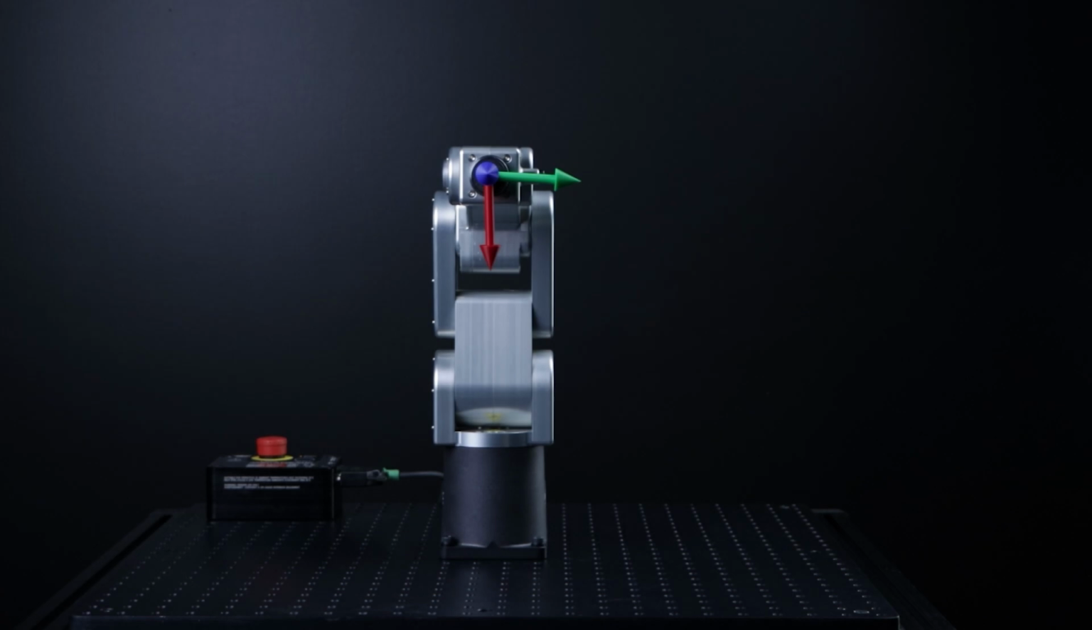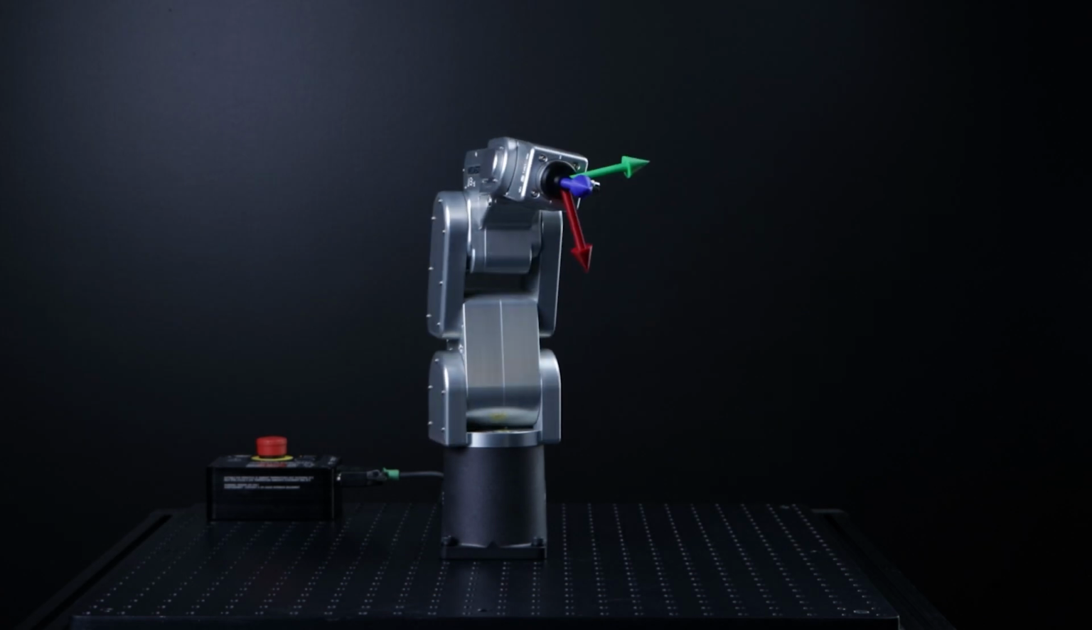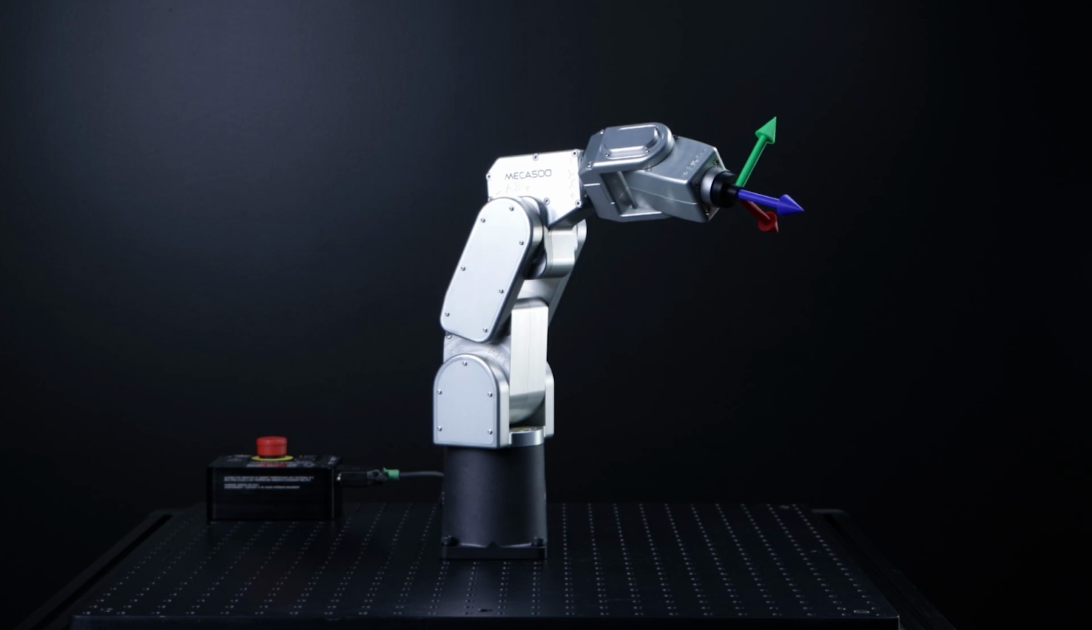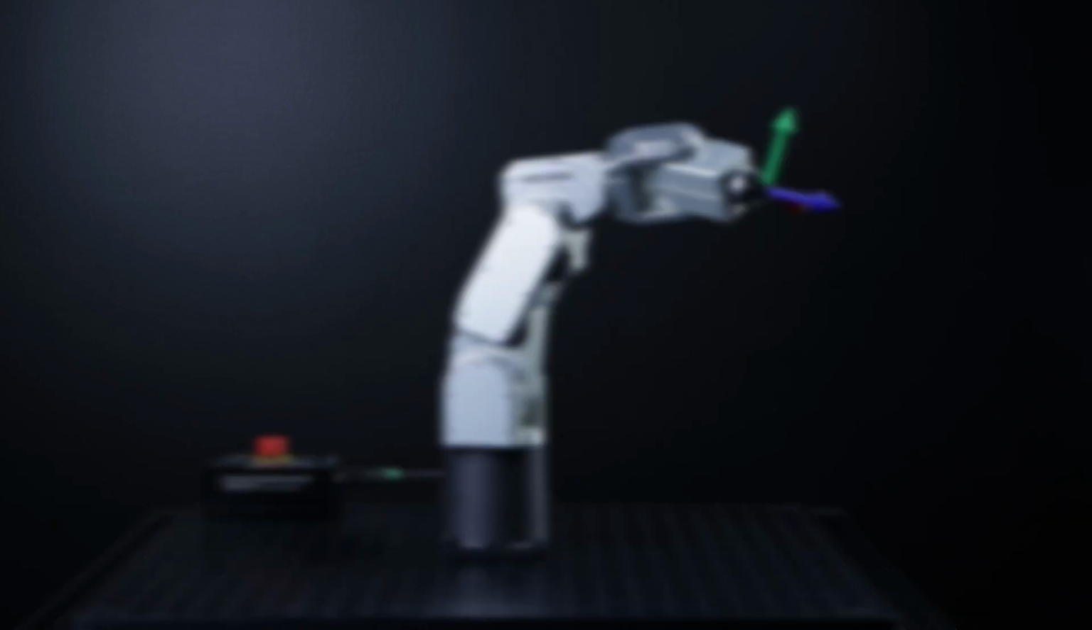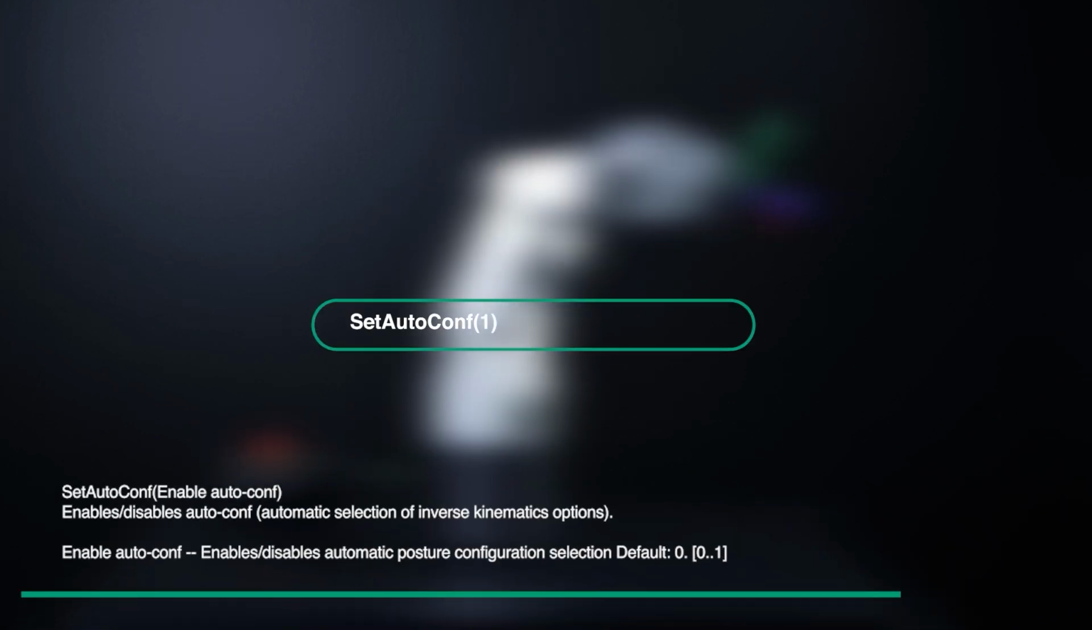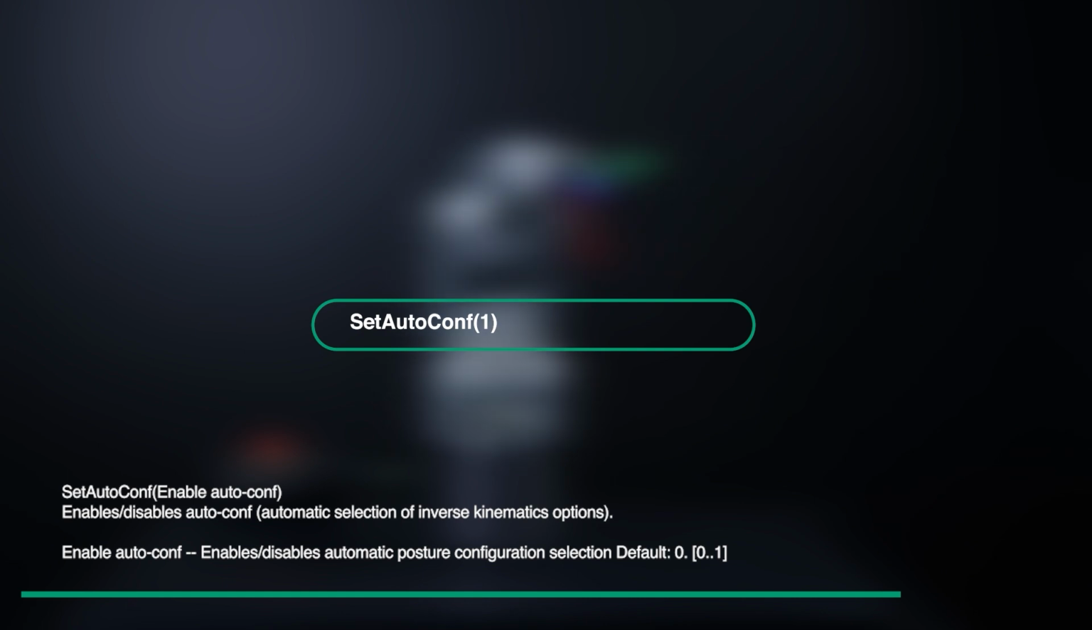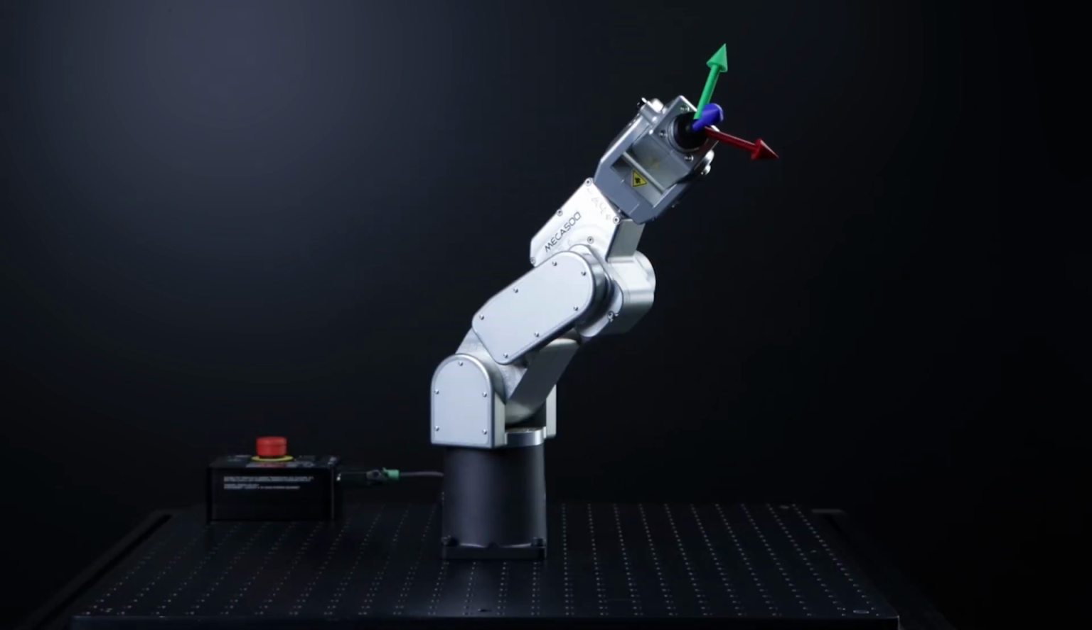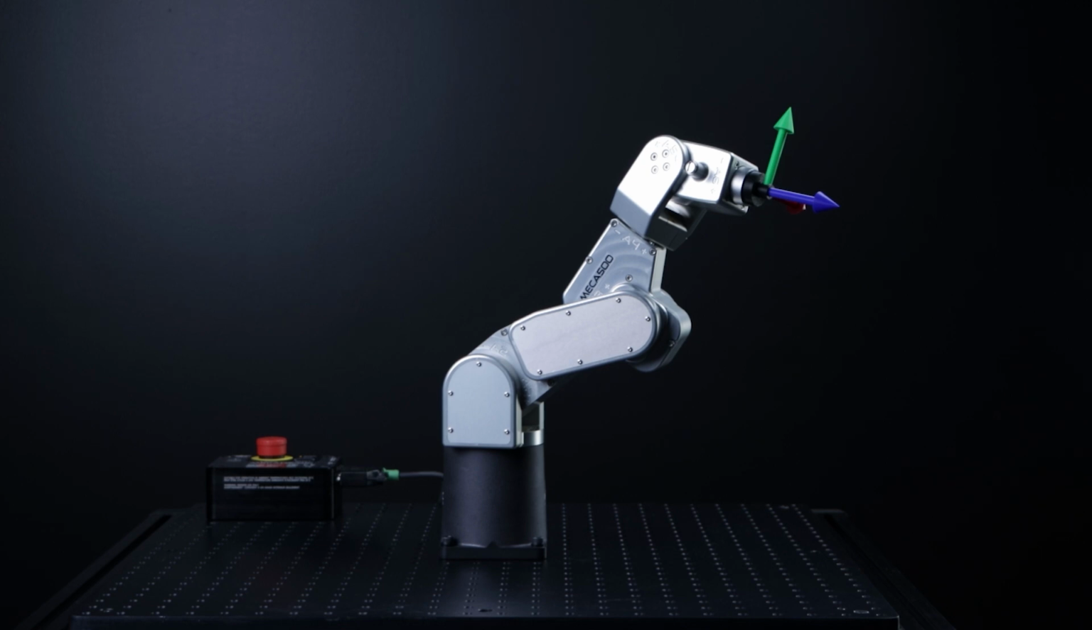In the case of move pose, by default, the robot will choose by itself what solution is the best, and that solution will depend on the robot's starting pose. This is set by using the command setAutoConf1. Although this command is automatically active when the robot is powered on, it's recommended to use it explicitly to ensure